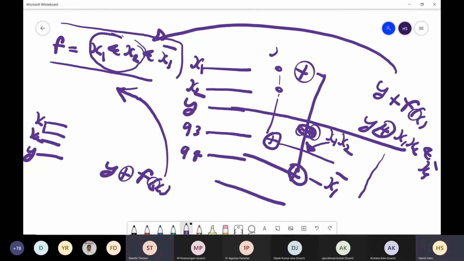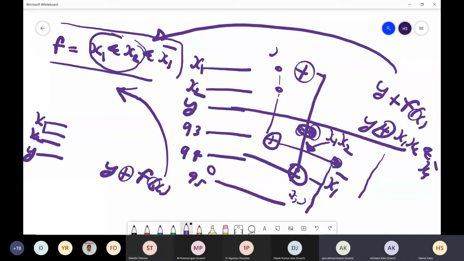Then what are you doing? Here you keep Q5 as 0. And then Q3 and Q4, Q3 control, Q4 control. Not XOR, we need control. So these two are control.